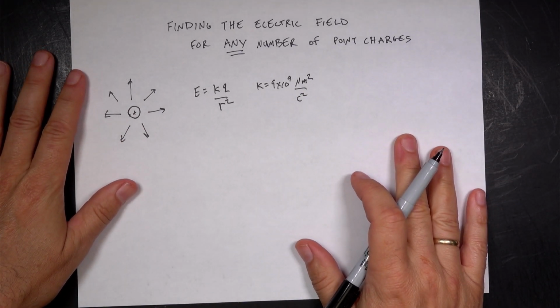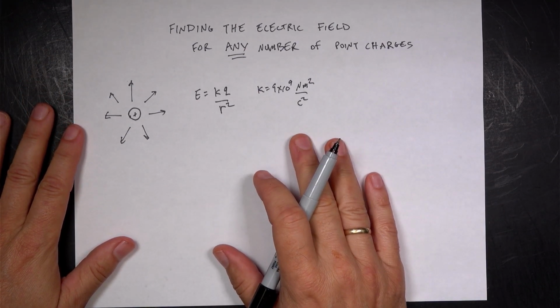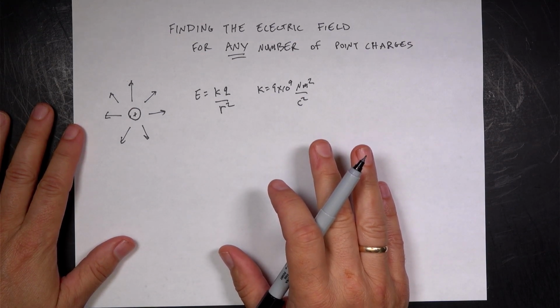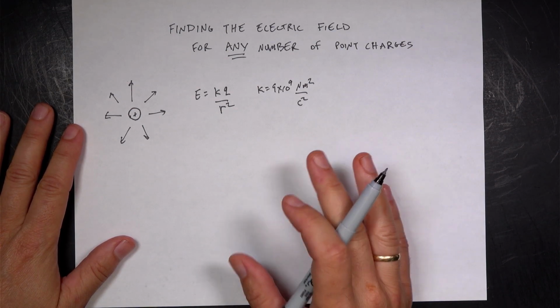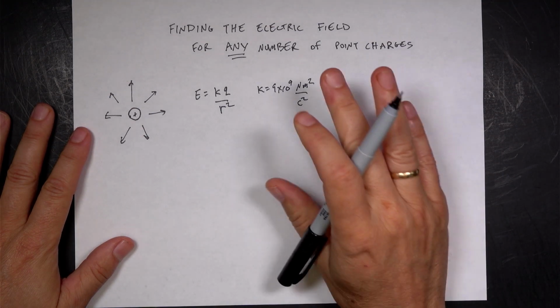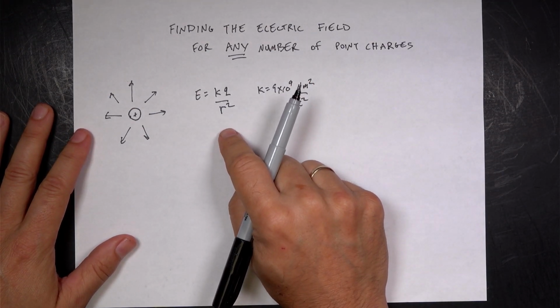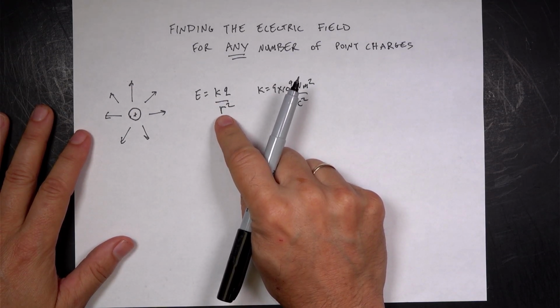Okay, I'm going to show you how to find the electric field for a single point charge, or 2 point charges, or 3, or 4, or 5, or 6, 7, 8, 9, 10. Any number of point charges. You just do the exact same thing. And to do that, we have to use a different formula for the electric field due to a point charge. So you'll see this equation a lot as the electric field due to a point charge, kq over